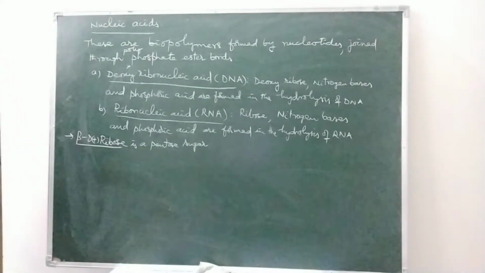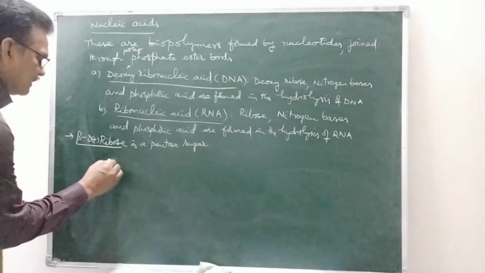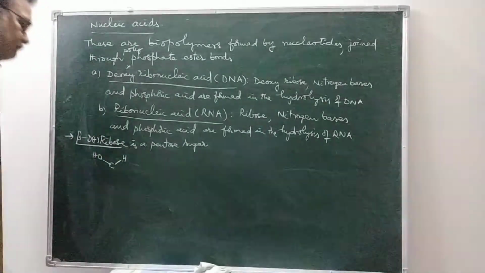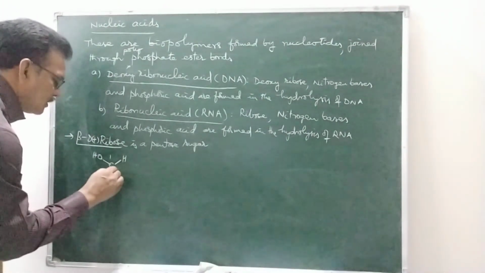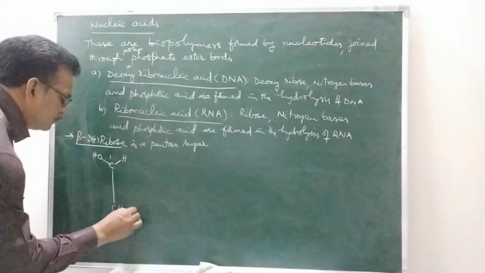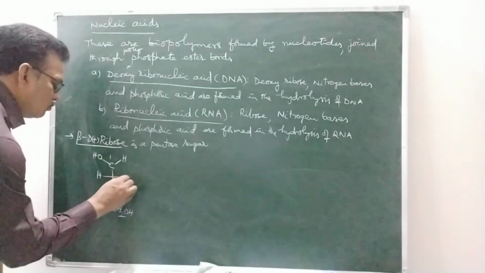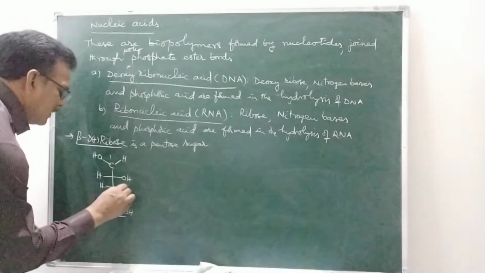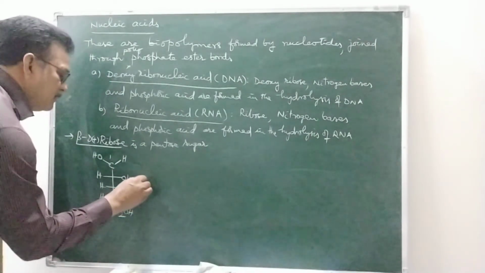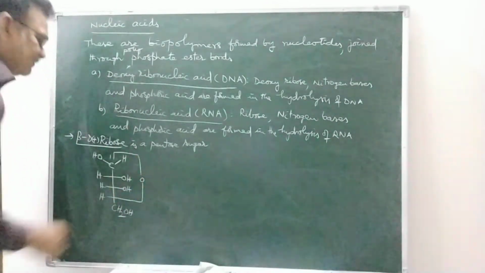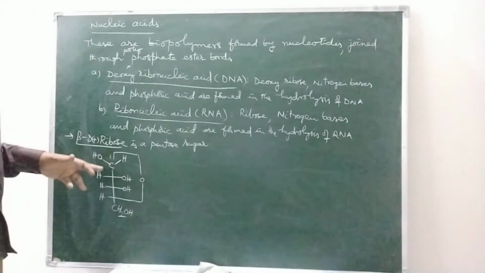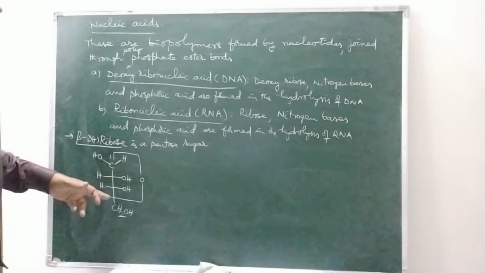So 5 carbons will be present, and when we say it is beta ribose, the OH group is present on the left hand side, and say this is the first carbon. The other 4 carbons are present, CH2OH, HCOH, HCOH, HCOH. This OH will be in glycosidic linkage like this. This is beta D plus ribose.